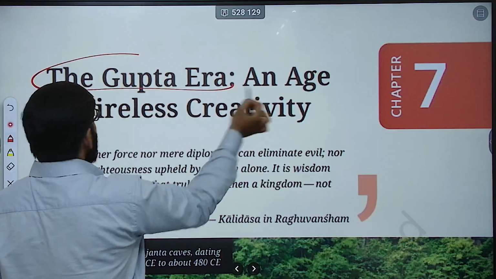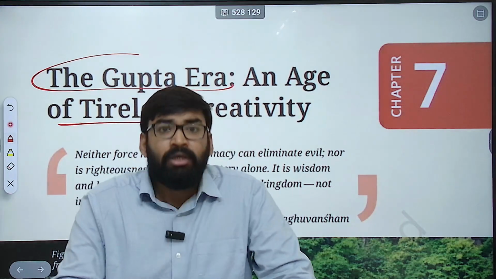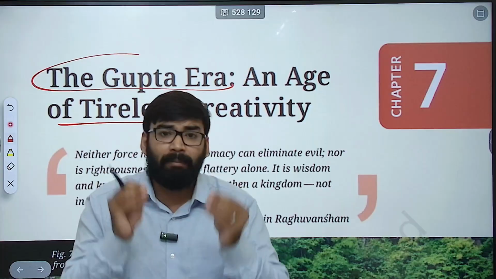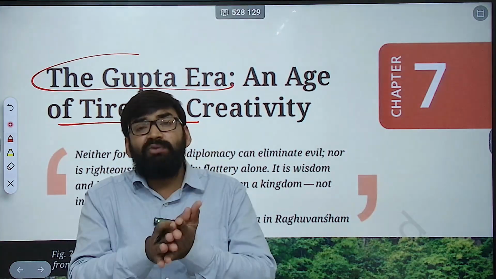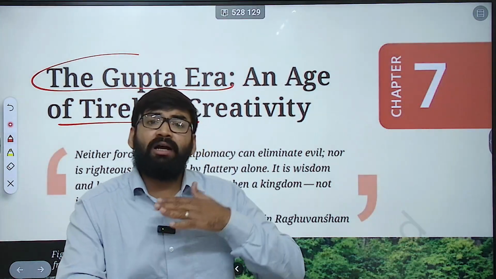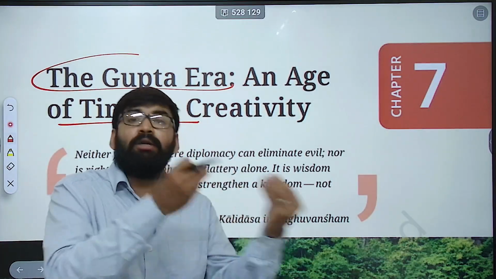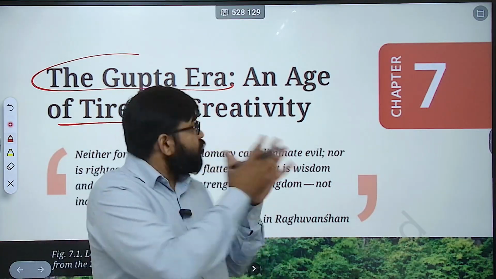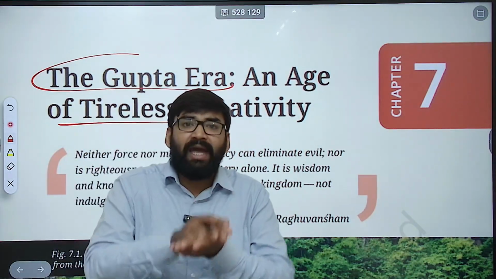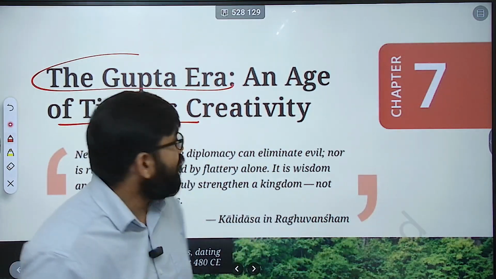The Gupta era, an age of tireless creativity, chapter number 7 in class 6 NCERT. Now remember this thing, there are 3 dedicated chapters that talk about Indian kings who ruled from 300 AD to 1000 AD. They cover almost all great Indian kings who were always neglected in previous books. So this is truly the best chapter that I have found. Clear? Because it beautifully explains the sacredness of Indian land also. Now apart from this